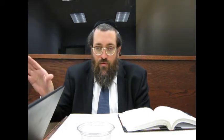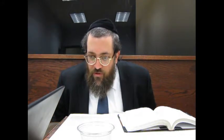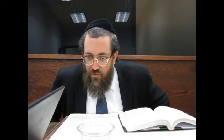I spoke about this last week. You're opening it up and you're making a way through that to take out the contents. That's not what I'm doing over here. I'm chopping off the whole top. Kimin shemeisir roisha. Instead of chopping off the whole top, it's mutter. So if we look in Seif Katan Zayin, the Magen Avraham,